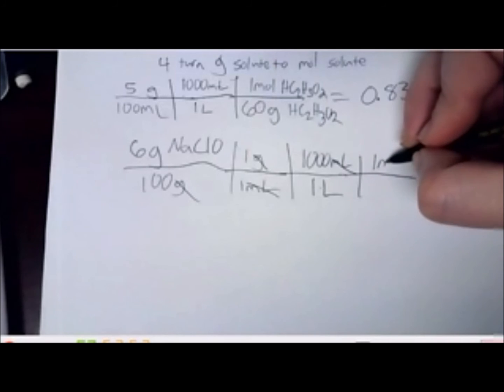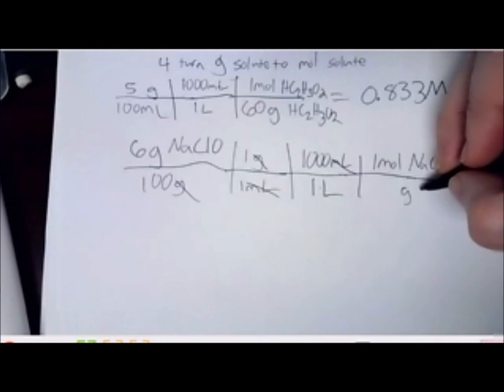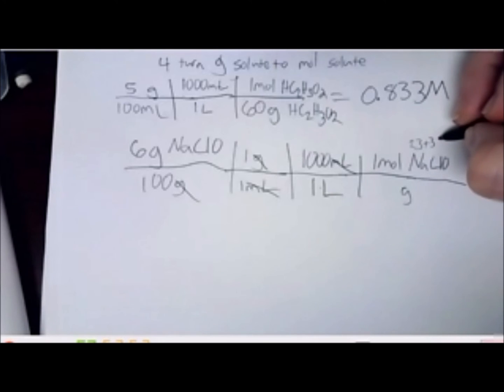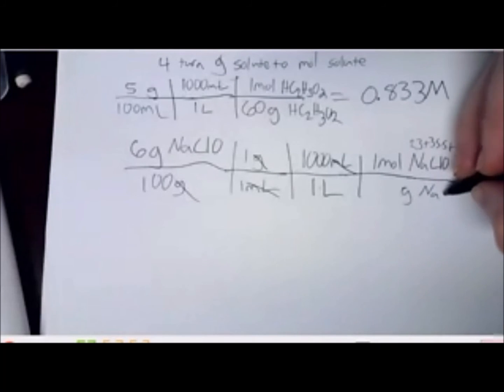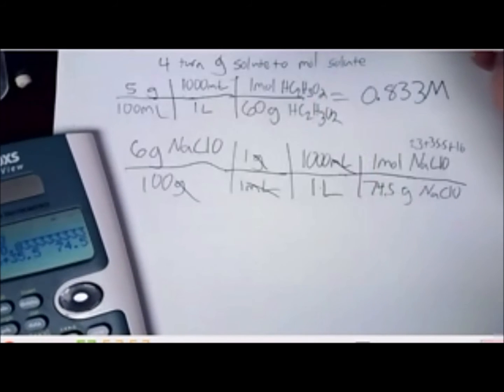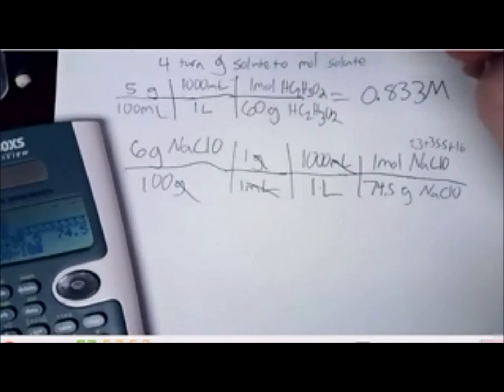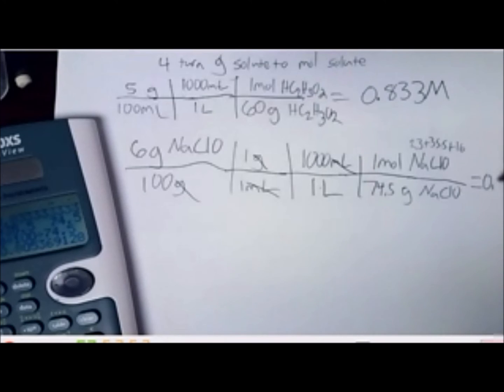Last step is, what is the molar mass of sodium hypochlorite, NaClO? Well, Na is 23, chlorine is 35.5, oxygen is 16. 23 plus 16 plus 35.5 is something like 74.5. So 6 times 1,000 divided by 100 divided by 74.5 is something like 0.805 molar. Not too dissimilar from